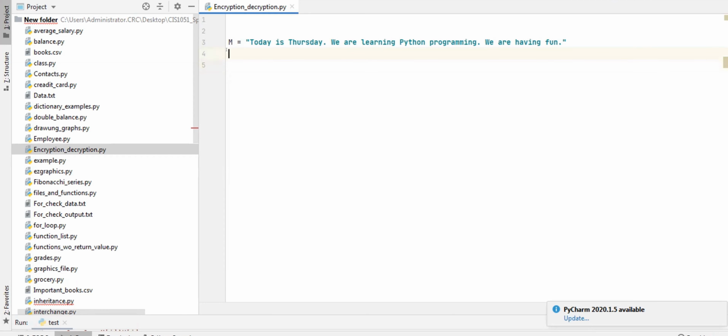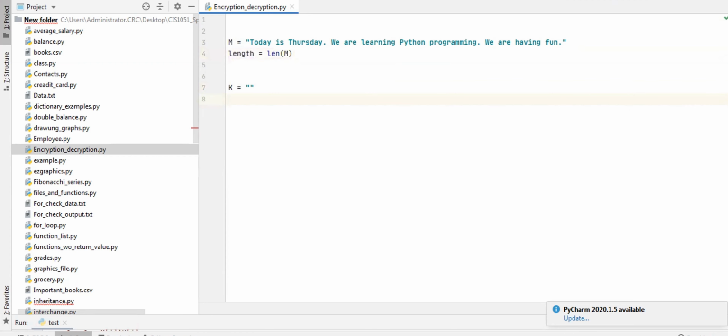The length of the message is going to be length of m, and then I need to produce a key of that length. Let me initialize an empty string, and then I'm going to produce random characters. I need to generate length number of random characters.